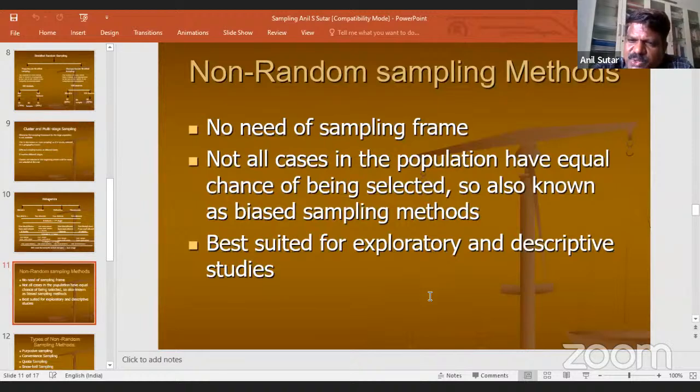But there is also an important objective in research, that is internal validity. So if your concern is internal validity, then non-random sampling methods are most appropriate. When your purpose is to ensure the internal validity of your research, then ideally you should go for non-random sampling methods.